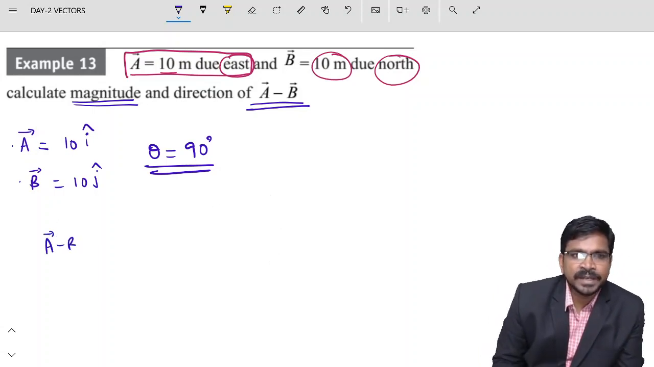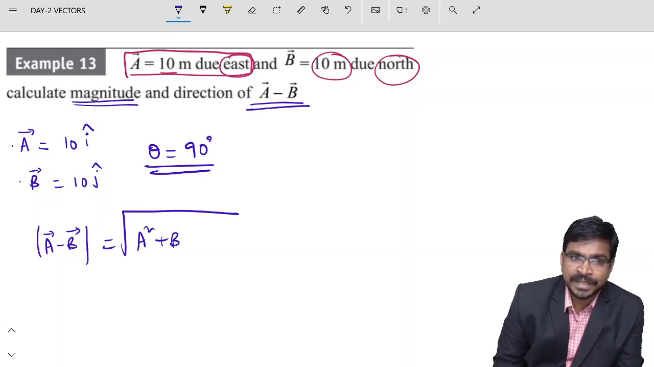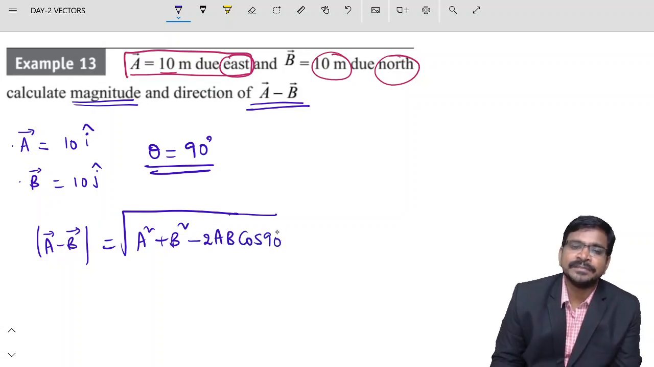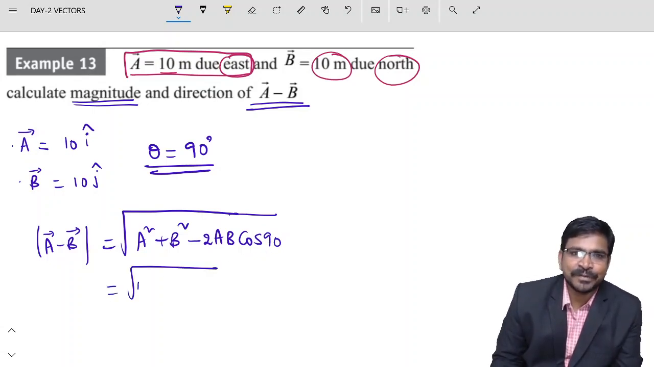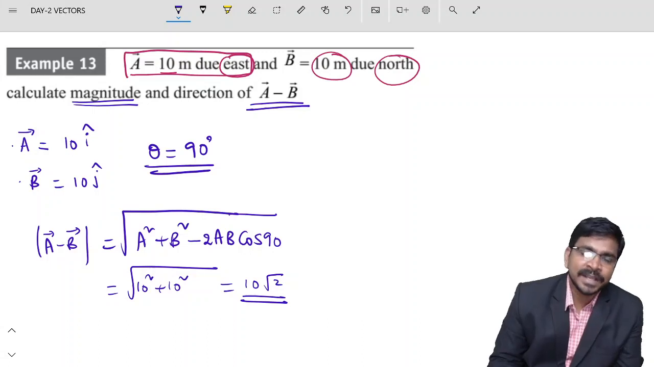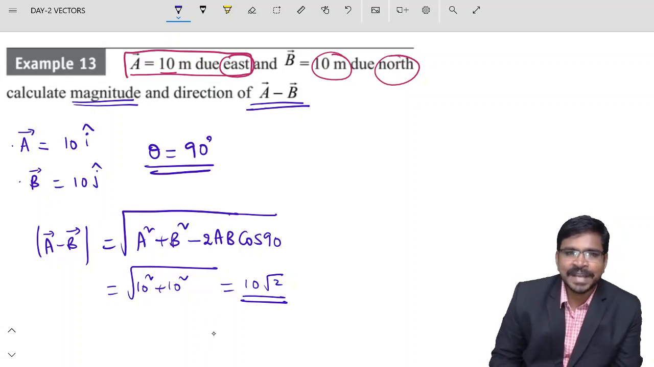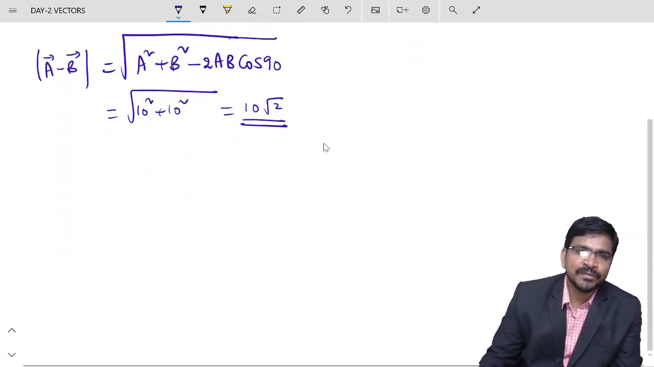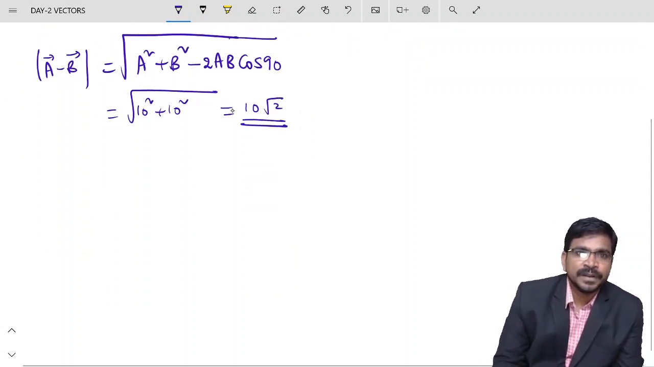Now we want magnitude of A minus B. Magnitude of A minus B is square root of A square plus B square minus 2AB cos theta. What is cos theta here? Cos 90, and cos 90 is 0. So square root of 10 square plus 10 square and you will be getting 10 root 2. And direction of A minus B. What is direction of A minus B? Direction formula is tan alpha equal to